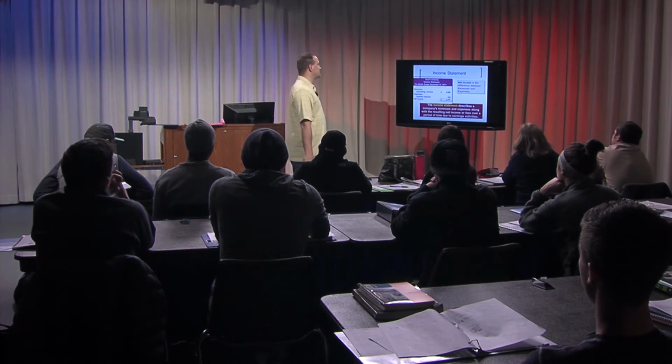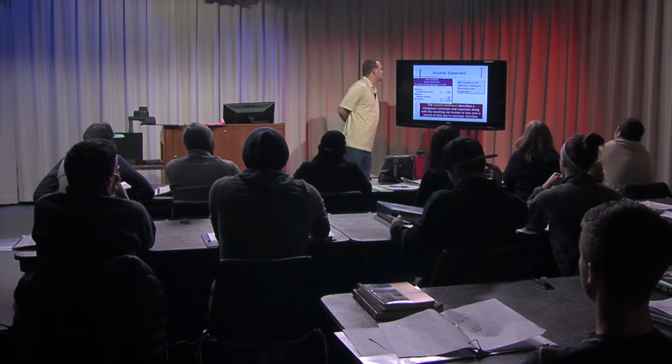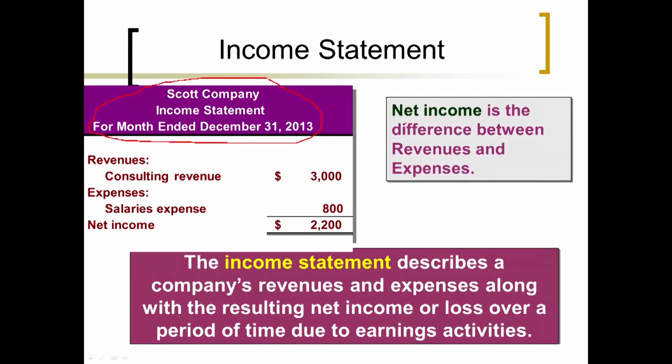Look at that income statement. Whenever you list expenses, you cannot just say December 31, 2013. Do you see how that doesn't help us? Is this for the year ended? Or is this for the month ended? Is this for the week ended? The quarter ended what? No. You have to say for the month ended if it's a monthly income statement, or for the year ended if it's an annual one, when you're dealing with expenses. Does that make sense? Okay?